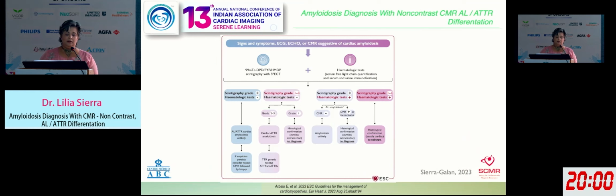The corresponding algorithm from the recently released 2023 European guidelines does the same. CMR is at the beginning, and then we have SPECT to identify the grade 2 or 3 Perugini criteria, plus the hematological test to see if it's an AL or an ATTR case, or is non-diagnostic,